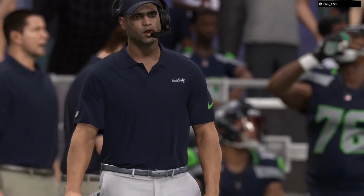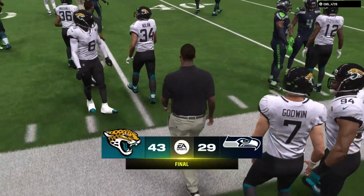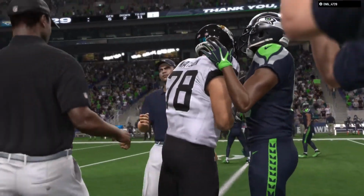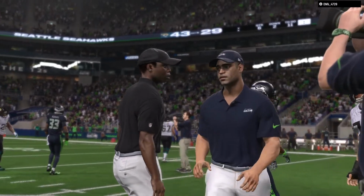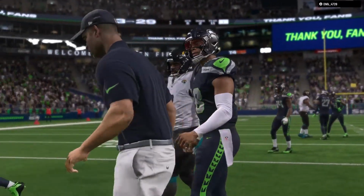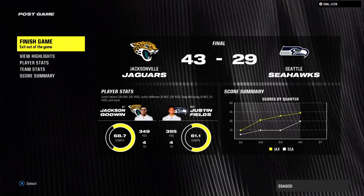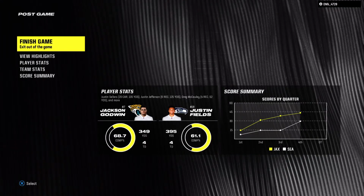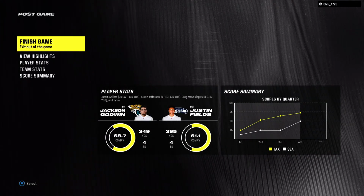Well, partner, under the lights in primetime, this offense gave the nation quite a show, putting up that many points to come away with what will certainly be a memorable win for them. And, Brandon, I think it's as simple as this. Some players, some teams, they're just meant for the big stage. And when they get a chance to play in this type of atmosphere, where all eyes are on them and all the lights are shining brightly, they show up and they show out. So for Jacksonville, they improved to 5-0 now on the young season. And they will head back home next week. Meanwhile, for the Seahawks, the loss will